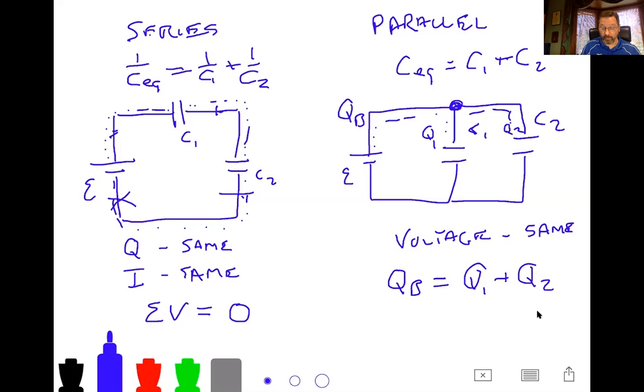And in a little bit, I'm going to say, hey, if I look at the rate of change of charge, that must mean that the current leaving the battery is equal to the current going to capacitor 1 plus the current going to capacitor 2. We don't worry about that much with capacitors because it doesn't take long to get them fully charged, at which point there's no more current, there's no more motion of charge. So, but it will be true here shortly.